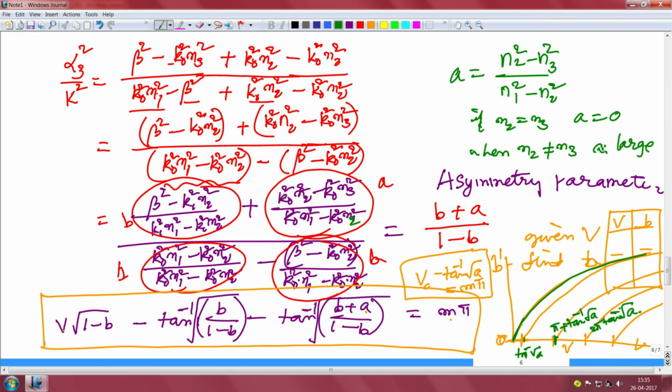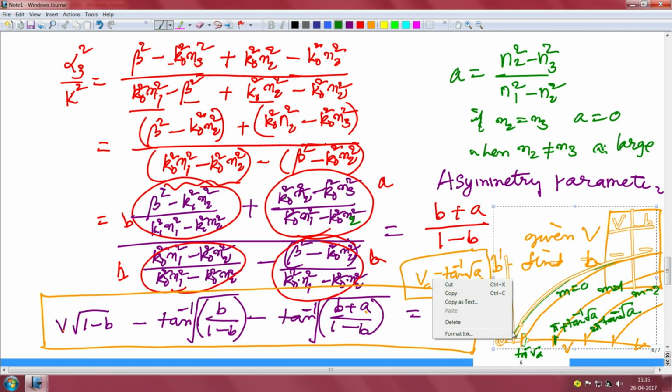That means every mode has got a cutoff, and this is mode index m equals 0, m equals 1, m equals 2, and so on. So, we are trying to observe the range of values of these curves, where these fall. For a symmetric waveguide, A is 0 and tan inverse root A is 0, so Vc is m pi. That means the first one will start at this,